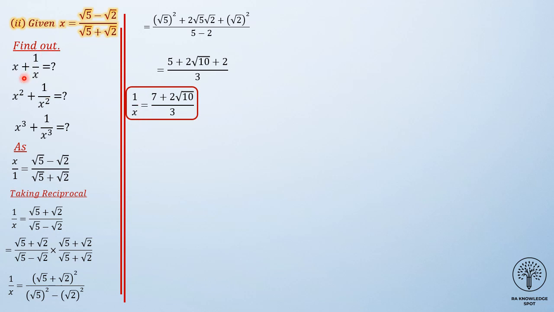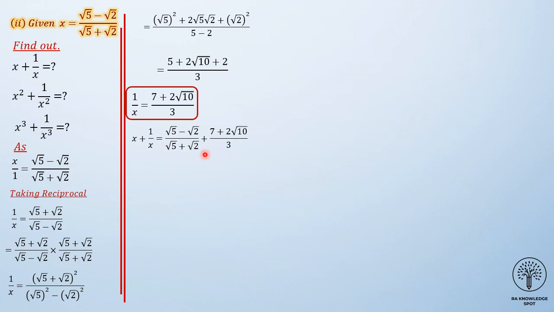Now we have to find x plus 1 by x. Okay, now x plus 1 by x, what is the value of x? This is the value of x. That is the question basically. Now plus will be as it is, and this is your 1 by x. Now as you know that these two are fractions, and in fractions if the denominator is not the same,